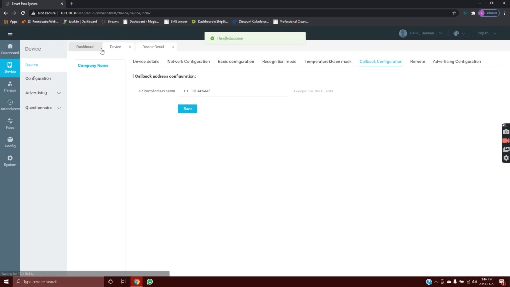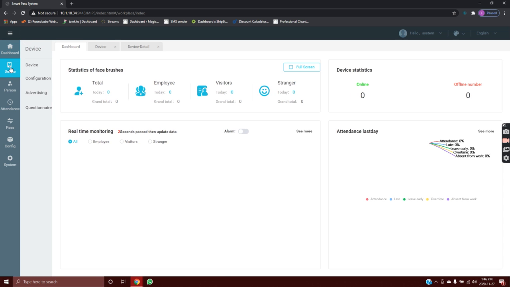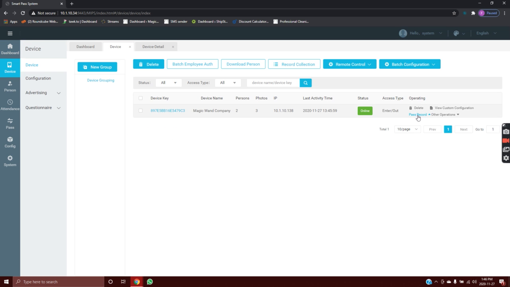So now I could go ahead and transfer all of the data to and from the device and I could go ahead and restart it from here, and do all the operations, collect the passes. So